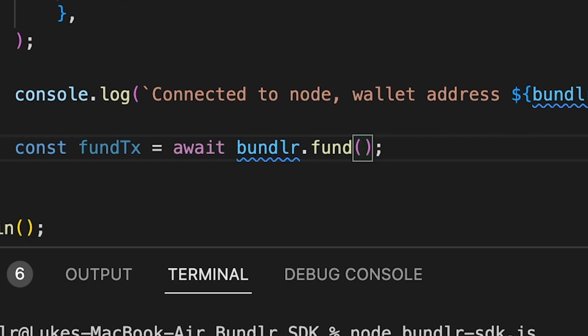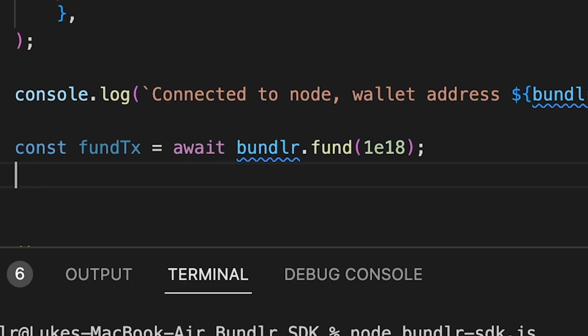working with the Bundler SDK and JavaScript, we use atomic units to better represent large floating point numbers, which means that one Mumbai Matic ends up being 1 with 18 zeros after it. In JavaScript, you can write that this way. Let's talk about why that is. Floating point math, decimal math in JavaScript with large decimals isn't always completely accurate, which is why we don't use floating point numbers when working with blockchains. The Matic token supports 18 decimals.